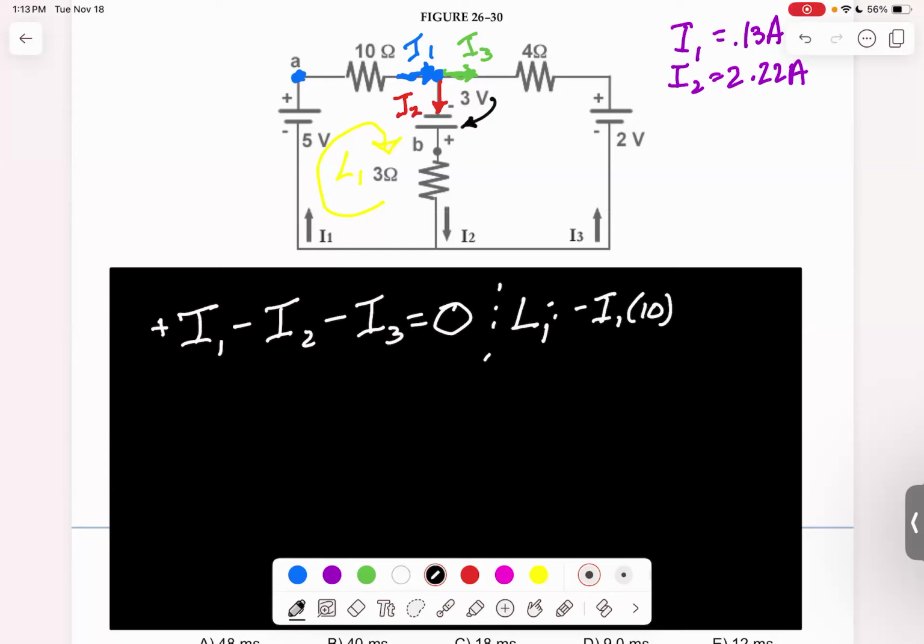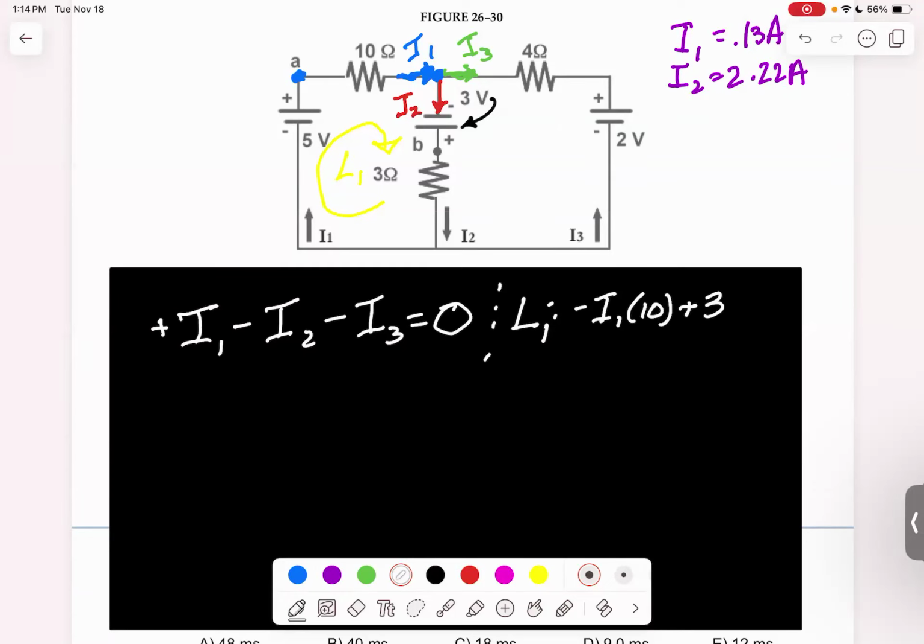And you can tell based on the polarity, as it goes from negative to positive, there's going to be a voltage increase. So batteries are fairly easy to look at and determine if there's a voltage drop and a voltage increase. So pay attention to the direction of your current. Your current is traveling in this direction here. So therefore, there should be an increase of the voltage, in this case of 3 volts. So we don't need an Ohm's law factor in here. So there's going to be an increase of 3 volts.